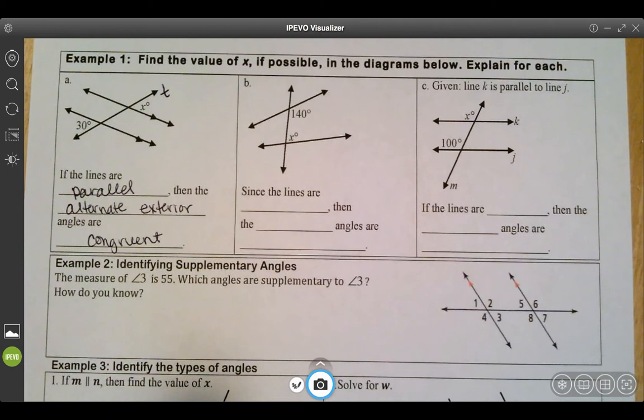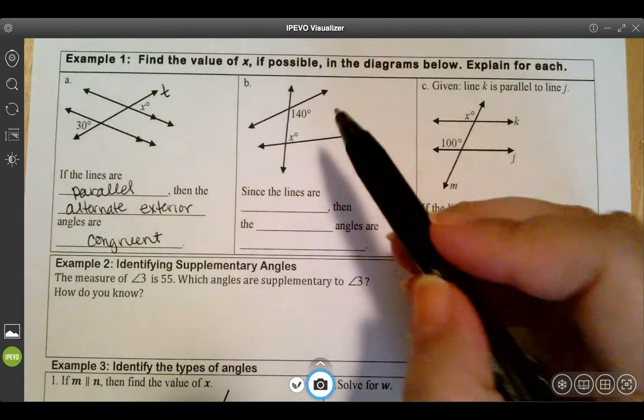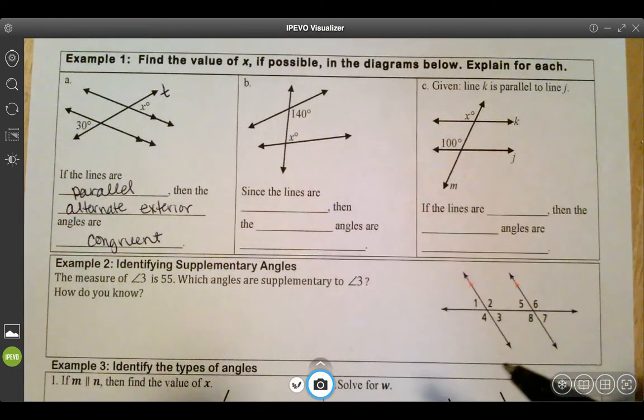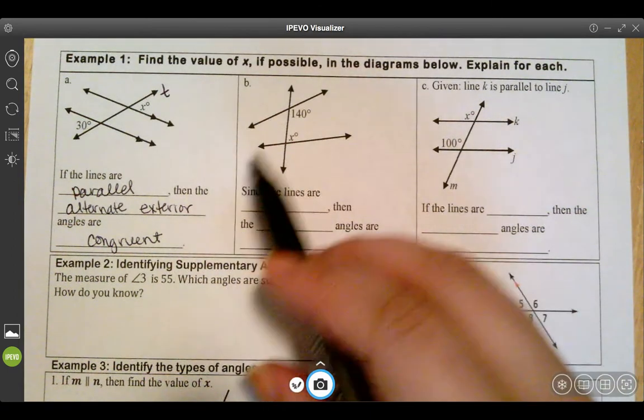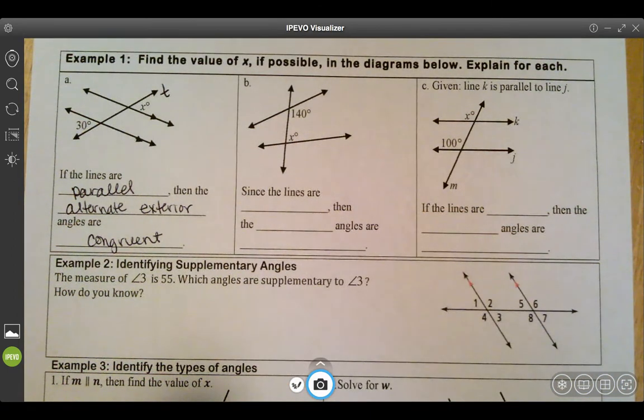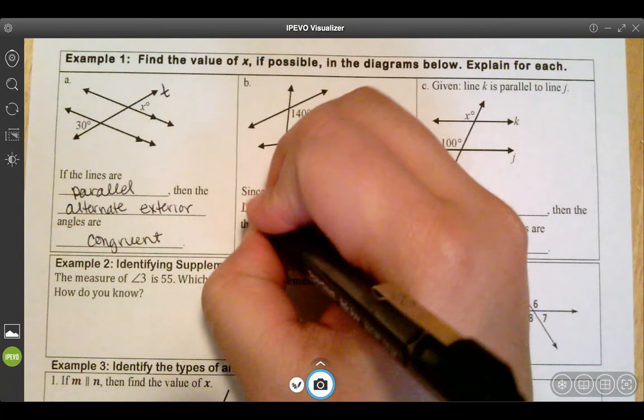Part B. So the question is, are the lines parallel? We have nothing that says that they're parallel. We also have nothing that says that they aren't parallel. Even though they don't look parallel, we cannot assume that they're parallel. So since the lines are not parallel,